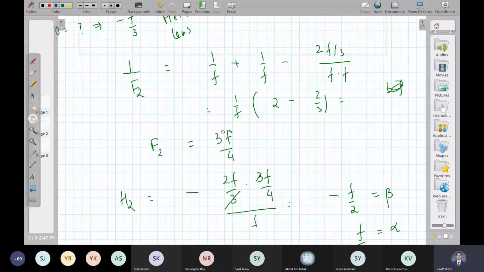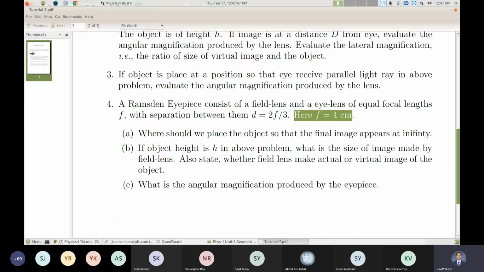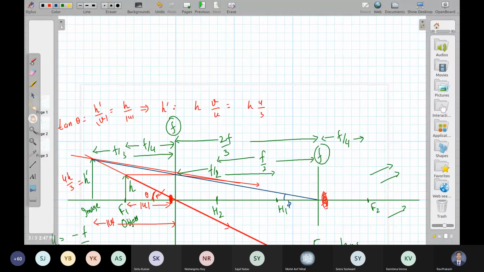2f/3. थोड़ा सा और बढ़ा लीजिए कवर वगैरह लगाने के लिए. F is how much? 4, right? 4 का. तो कितना साइज हुआ इस इंस्ट्रूमेंट का? Approximately 3 centimeter apart. Roughly 3 centimeter. So it's a quite small equipment, बहुत छोटा सा equipment, and it can do a magnification of